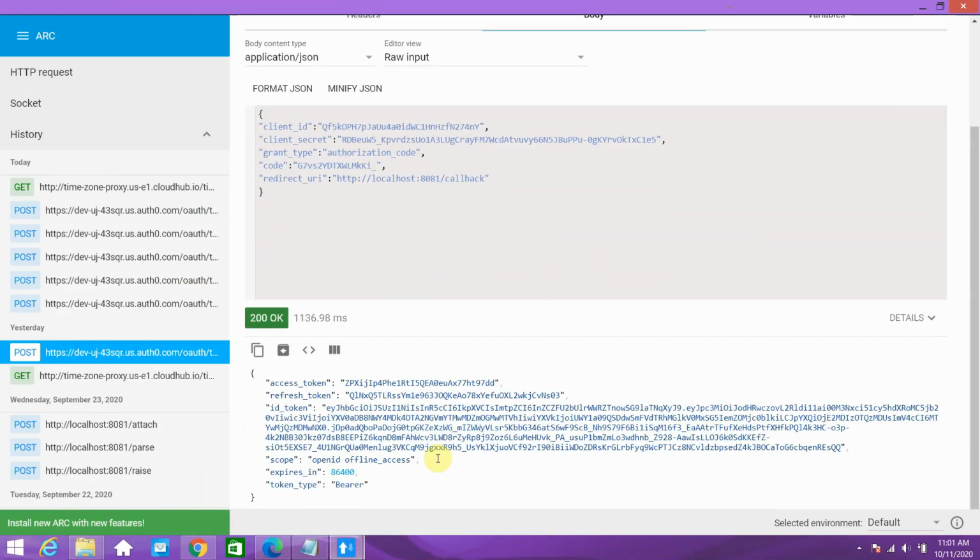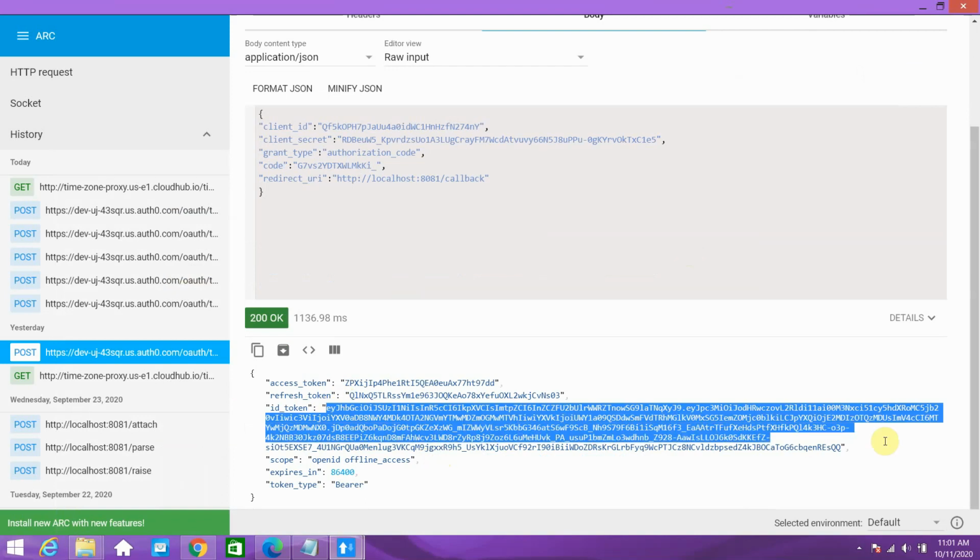So if you see, you got the access token, the ID token. Copy this. So this is my OpenID token and this is the access token. In this case we want the OpenID token because we have applied the JWT validation policy, and this is the refresh token. So I will show you what is the use of the refresh token. Now we have seen the authorization code, and now how we can make use of the refresh token in the future. So I will show you.